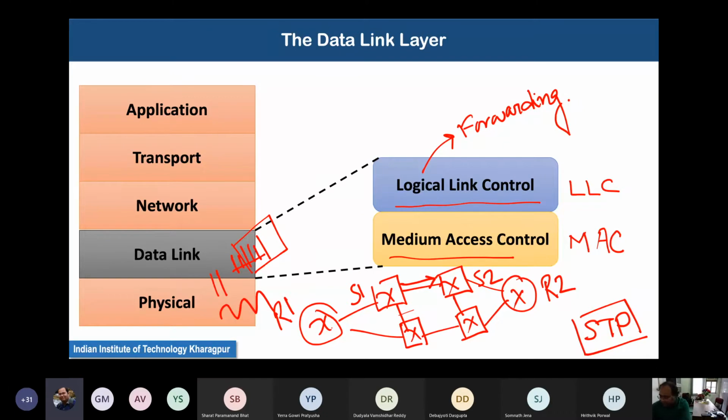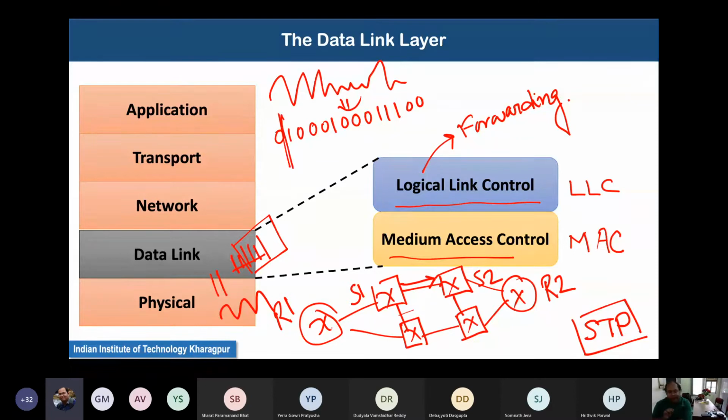So from the signal you have received a continuous bit stream of zeros and ones. In this continuous bit stream, you need to identify where a particular data frame starts and where the frame ends. This part of the data constitutes the frame, and then you can start processing the data frame-wise. This task of framing from the received bit stream is done by the MAC.